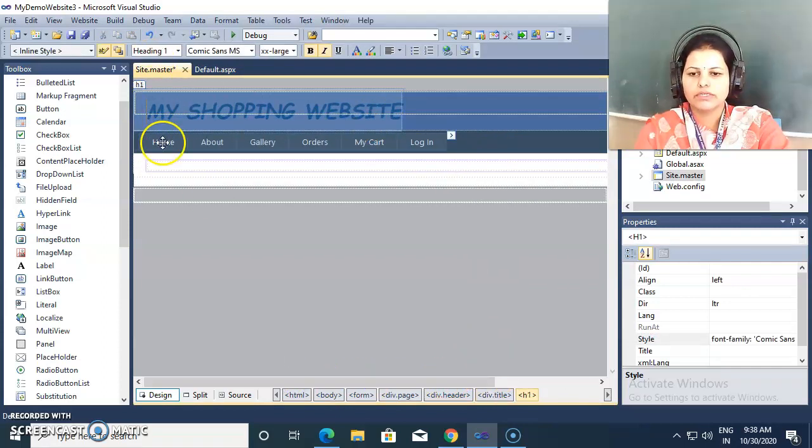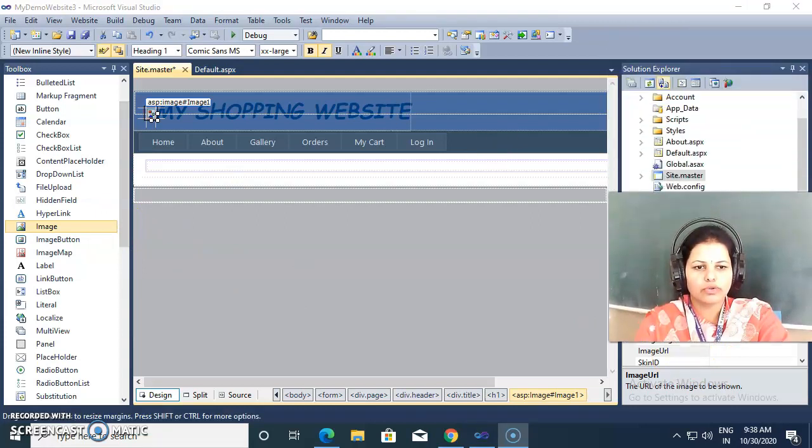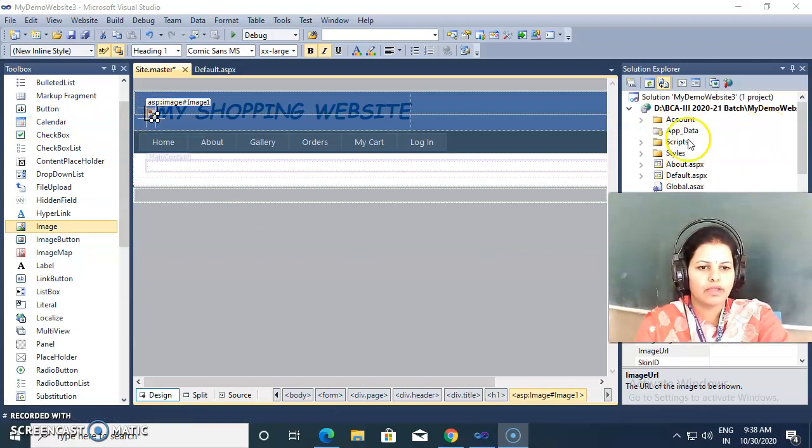Then if I want one image inside this, as a logo, I drag and drop the image control inside this H1 tag, and then I can give the image. But before setting the source property of this image control, we need to add that particular image inside our project.